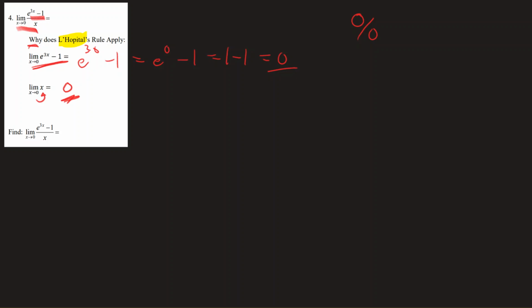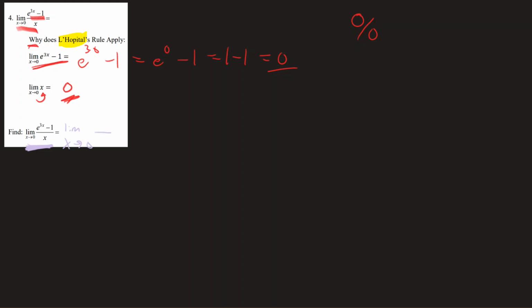So showing that the limit of the numerator goes to 0 and the limit of the denominator goes to 0, and 0 over 0 is indeterminate form, now it's okay to use L'Hopital's rule. L'Hopital's rule simply says that if you want to find this limit and direct substitution gives you indeterminate form, do the same limit,